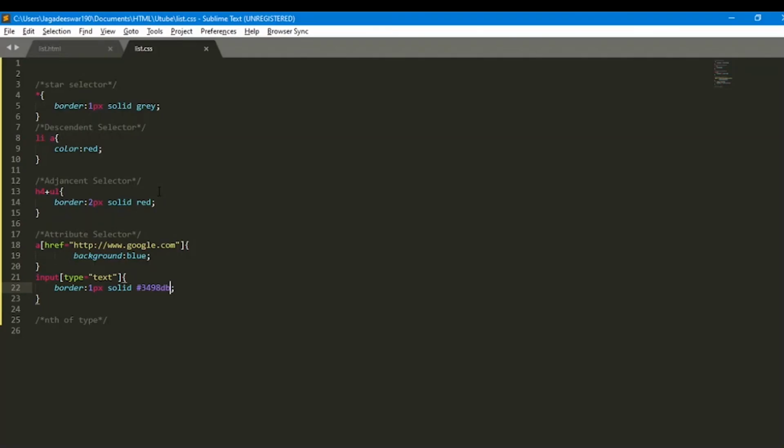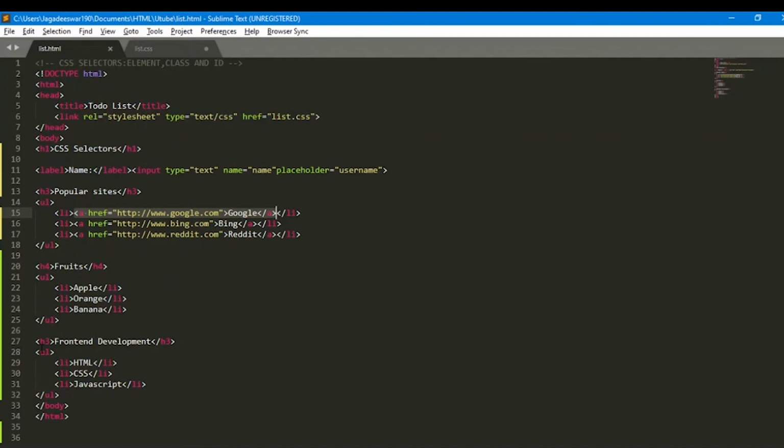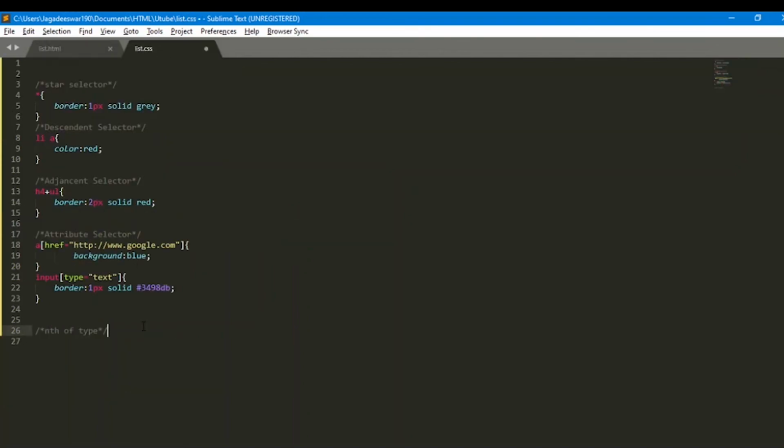And if we go back, the next one is nth-of-type. It is going to select every nth element of the specified selector. If you want to select every fifth div or every second div or UL or the 7th paragraph of the page, I can use nth-of-type. Now if I want to select the last UL, there are 3 UL tags, so I'm going to use nth-of-type.